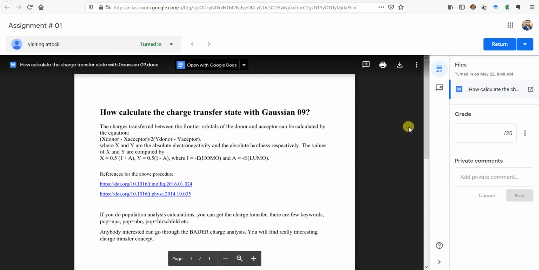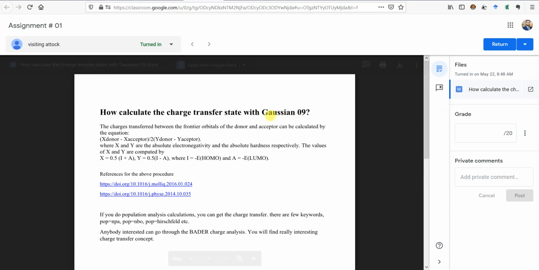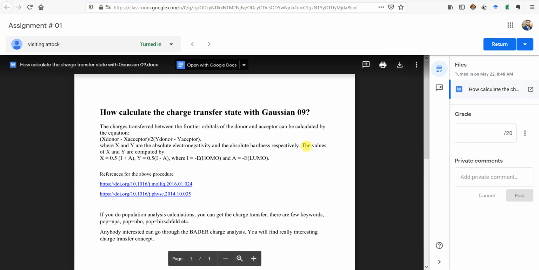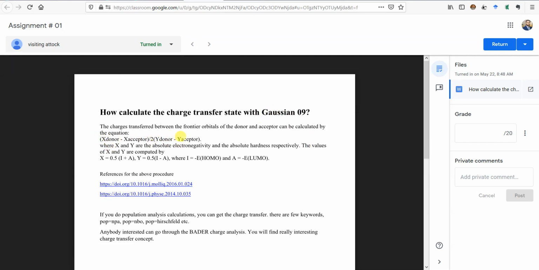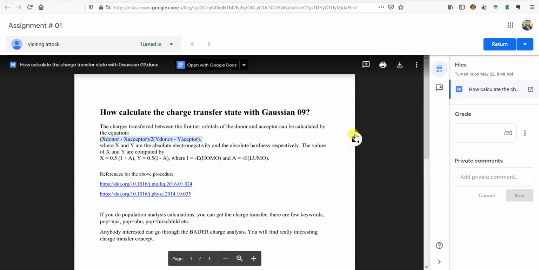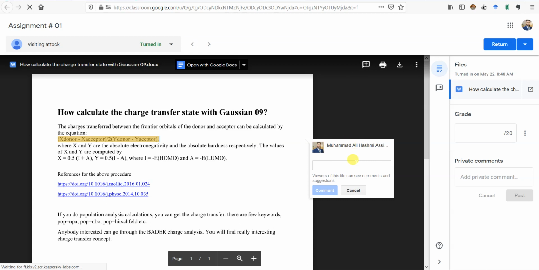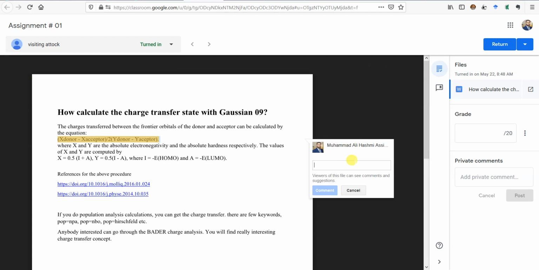So this is open with Google Docs. Now here is what the student has submitted. Now you have different buttons here. For example, if I want to comment on this equation, I'll just select it, and here is a plus button. You can click on it to add a comment for the student. I can tell the student that this equation must be numbered,